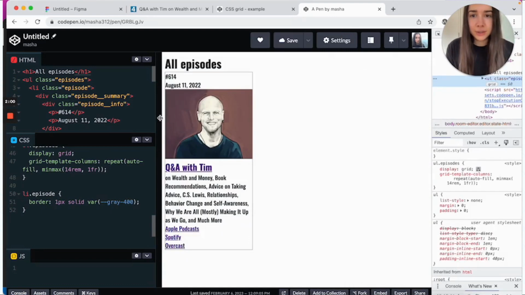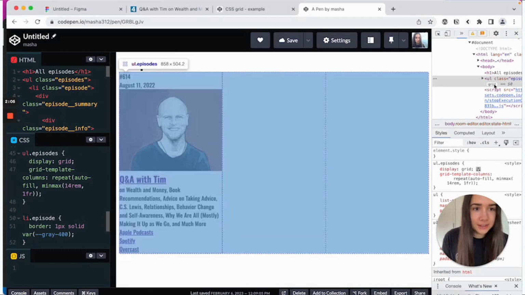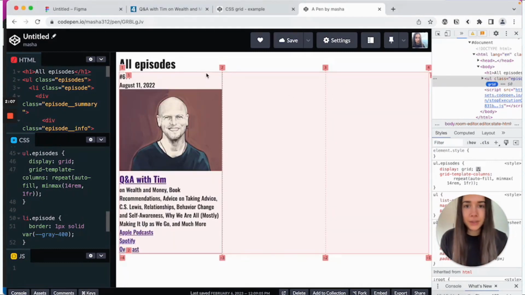One thing that we can do to see this visually is go inside our DevTools here. And I'm going to click on this little tiny grid thing here. And you can see that, again, we don't have a card here, but the space for it is preserved.